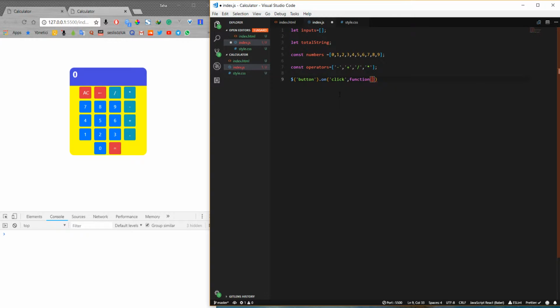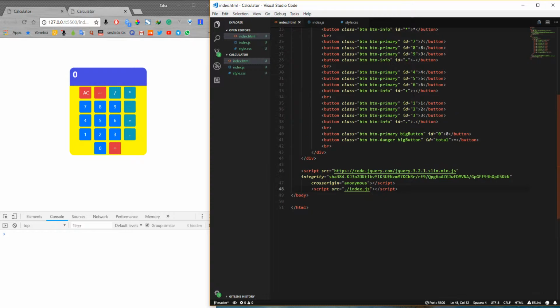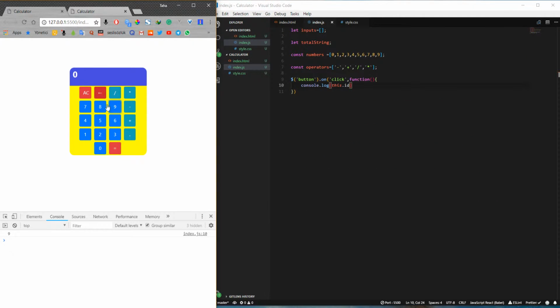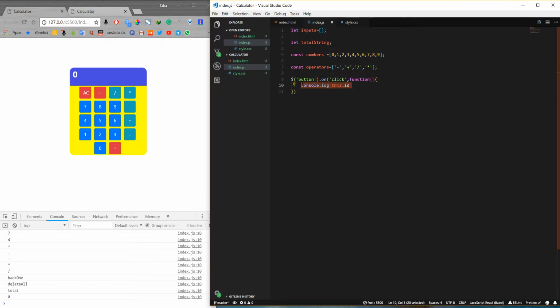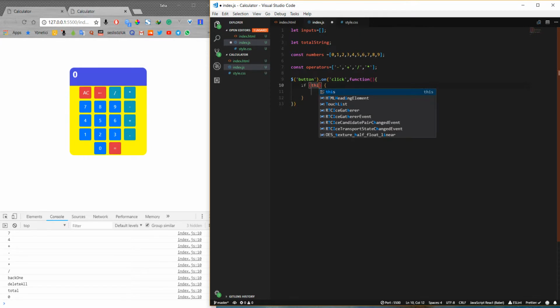Okay, and in this function, for now I will show you what comes. We will use IDs because we gave all of them a value as an ID. For example, I press this one, you see I see the value. And what should I do? First of all, we will have if statements. Whenever someone presses